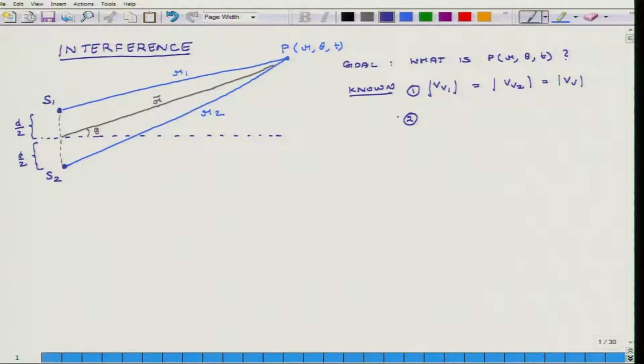The second thing which is known is the difference in phase of Vv1 and Vv2, that phase is phi. Actually, it is the other way around: Vv2 minus Vv1 is phi. So, if these two parameters are known, that the volume velocity is Vv and the phase difference is phi,